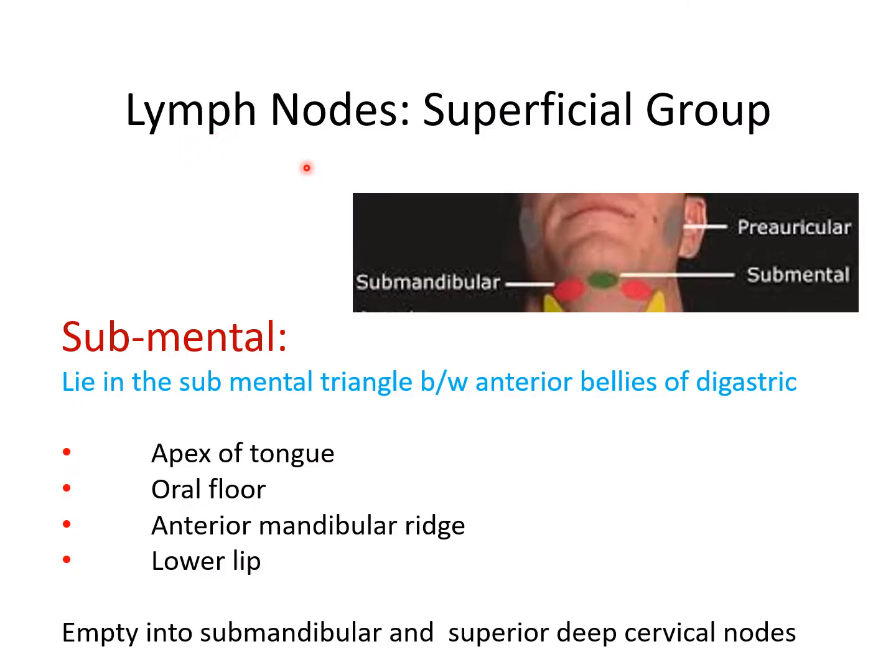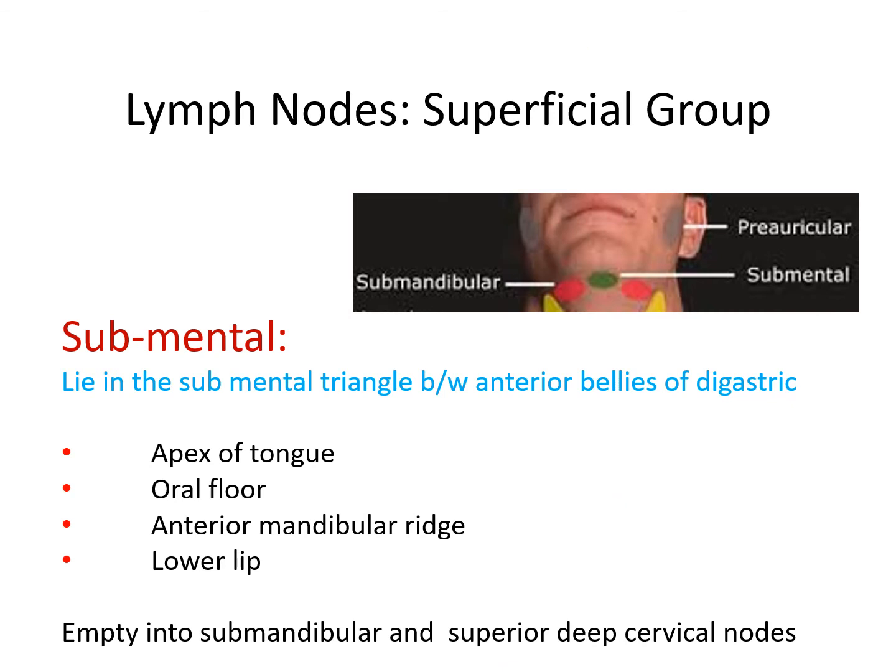Now we can discuss the individual groups of lymph nodes in a bit more detail, starting with the superficial circular chain. First, we have the submental group of lymph nodes, which lie in the submental triangle underneath the chin between the anterior bellies of digastric muscle. And the submental group of lymph nodes drain the apex of the tongue, the anterior part of the oral floor, the anterior mandibular ridge and the lower lip, and they ultimately drain into the submandibular and superior deep cervical